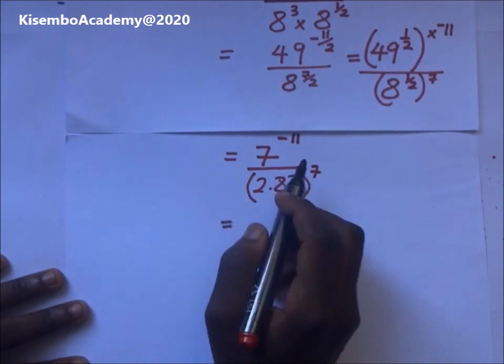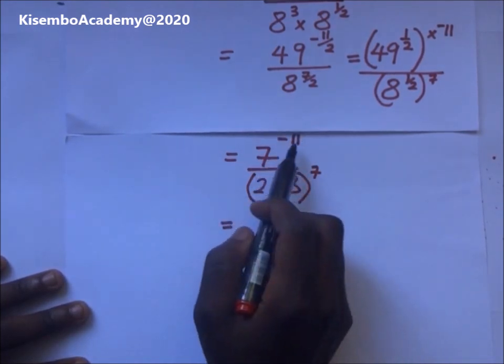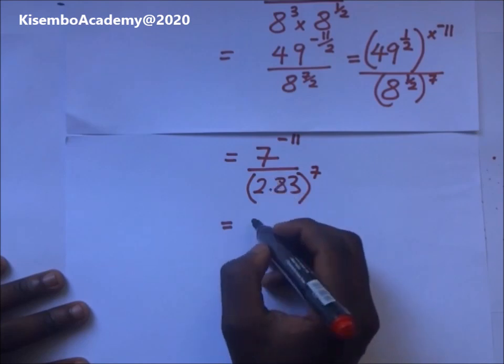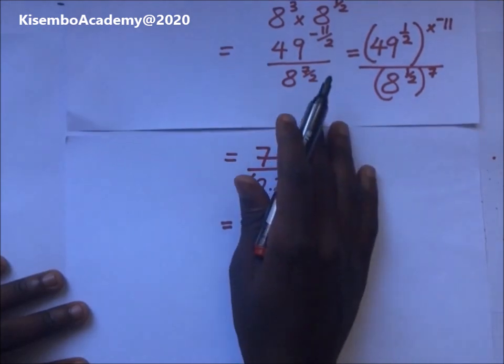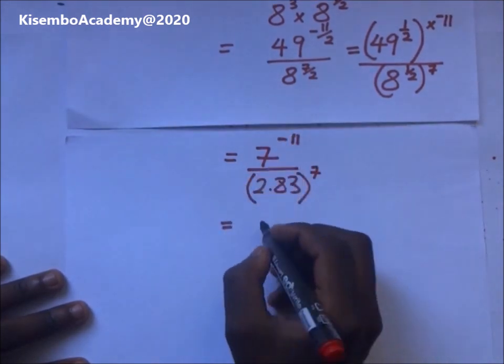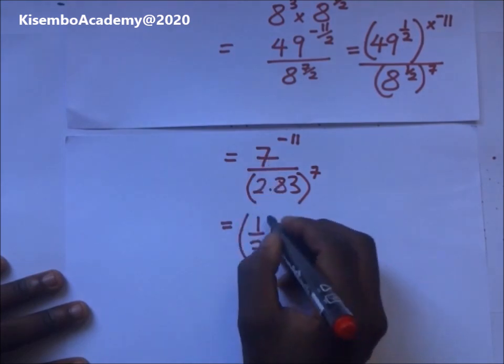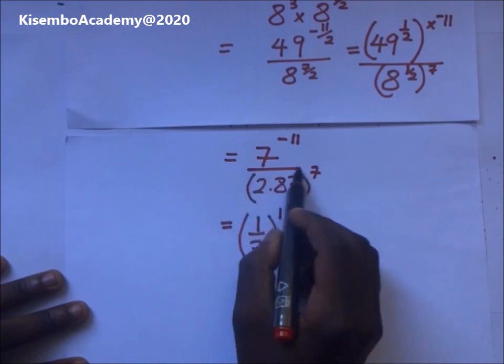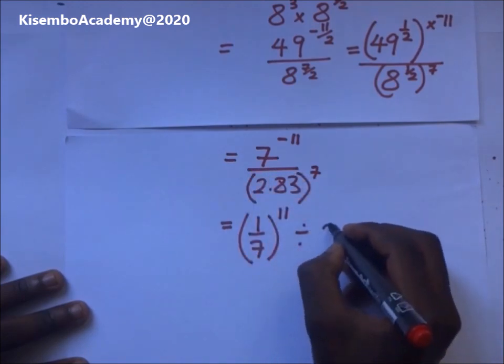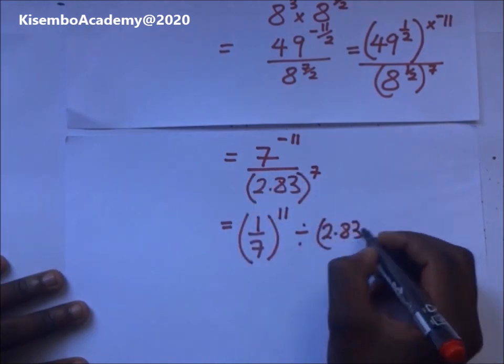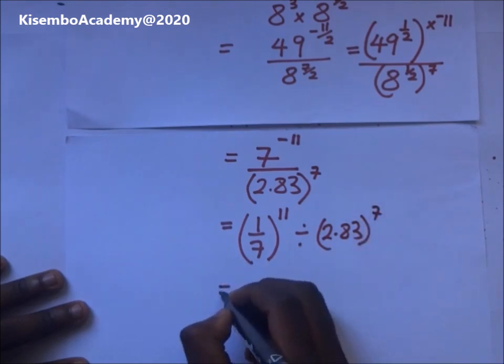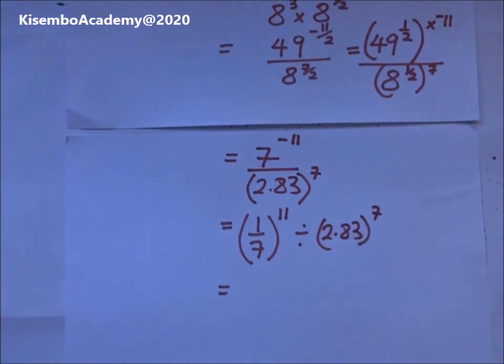This is going to become 7 to the power negative 11, which is the same as, to remove this negative, you find the reciprocal of 7, which is going to be 1 over 7 to the power 11. Divide that by 2.83, and all this is to the power 7. And the answer you will get there will be